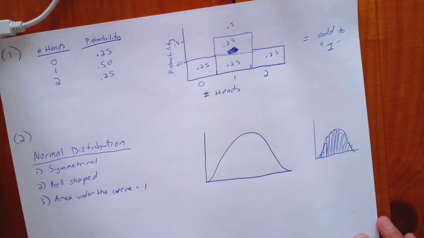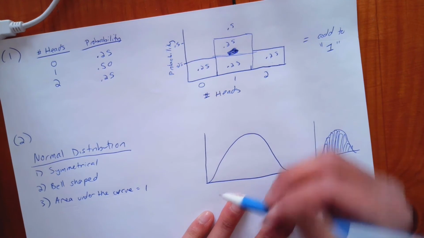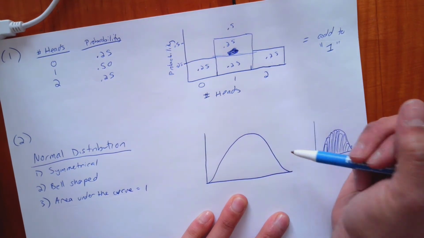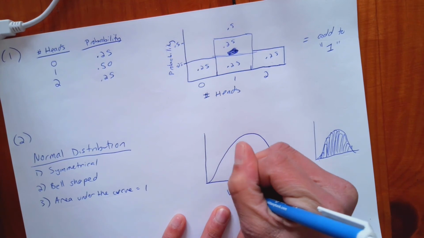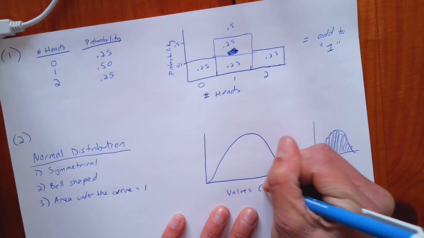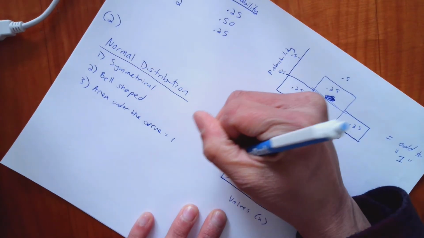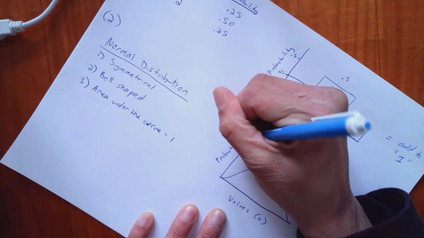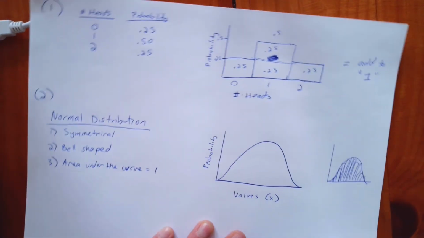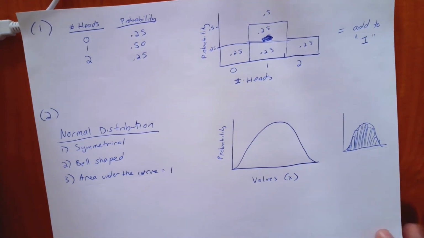All right, so how I'm going to be drawing these normal distributions in the class is typically going to be as a bell shape like this. We're going to have some sort of variable values or outcomes on the x-axis, and we're going to have probability modeled on the y-axis. And normal distributions also have